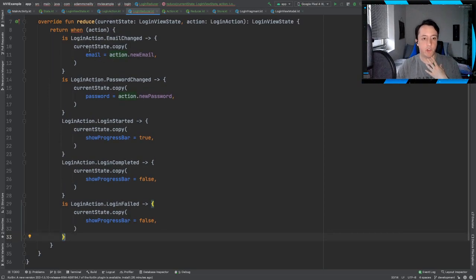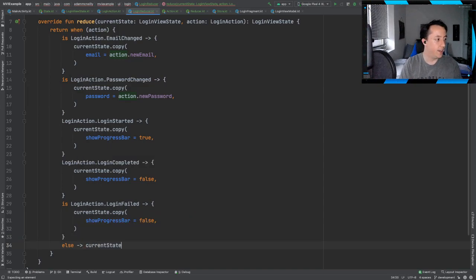And this is actually, I don't know if you can see it, giving me a lint warning because there's a case that I haven't modified. And there's 2 approaches I kind of like here. The first one is that I could make sure my when statement considers every possible action. But let's say for some reason there's only specific actions that are actually going to manipulate my state. And maybe that's a weird statement, maybe that should never happen. But something you could consider is, I have these actions I need to worry about, maybe new ones are added in the future. What I'm getting at is you can add a fallback and just say, if an action